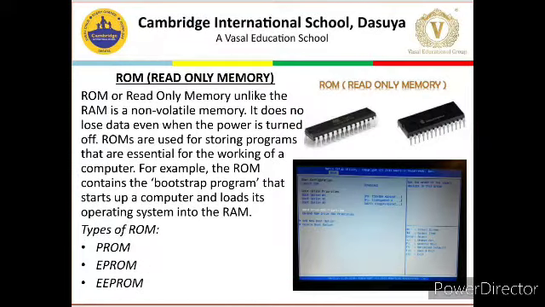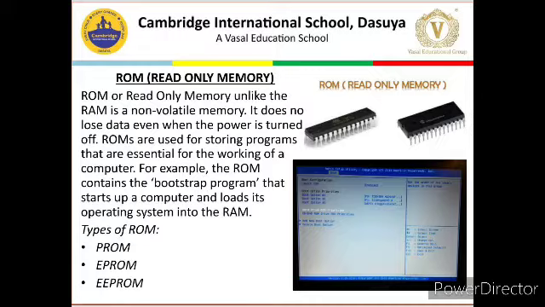The next among the primary memory is ROM, read-only memory. ROM, unlike RAM, is a non-volatile memory. It does not lose data even when the power is turned off.